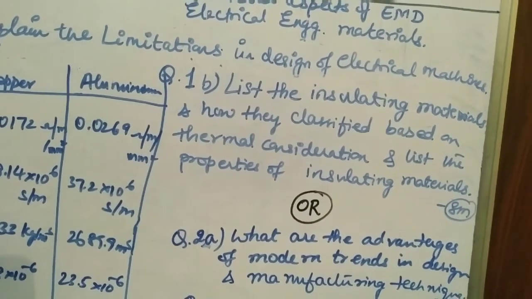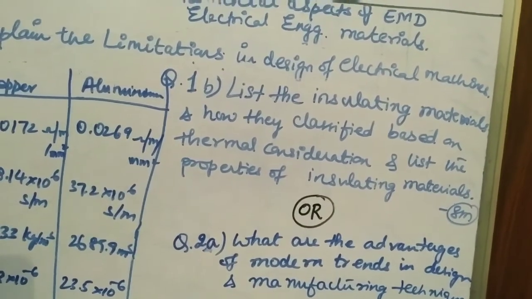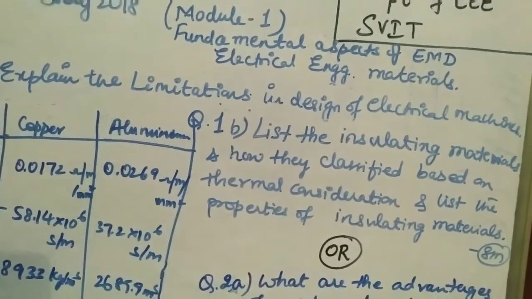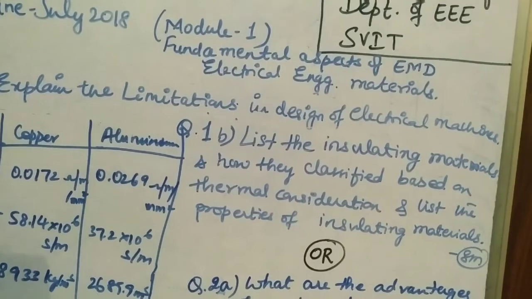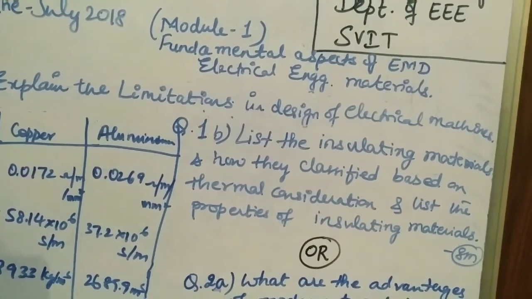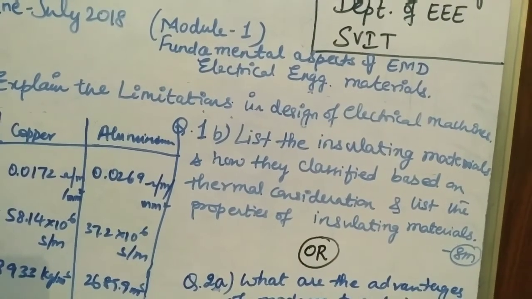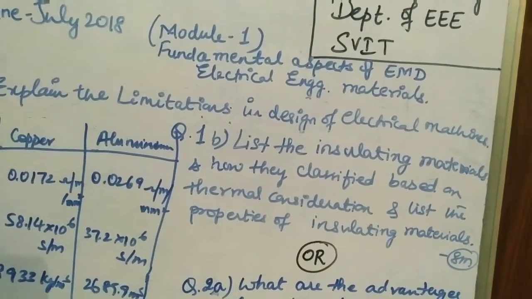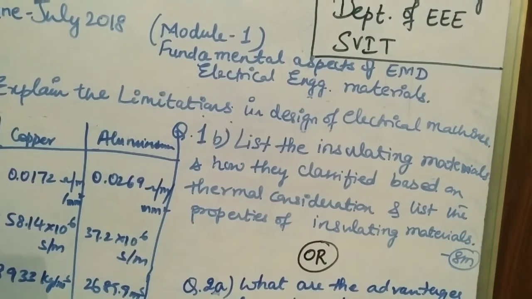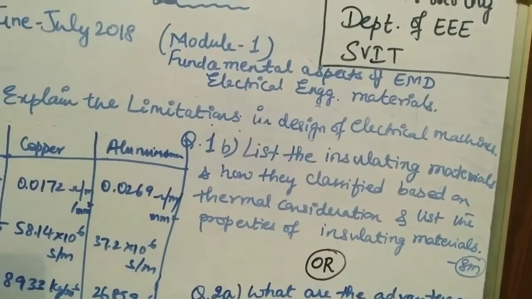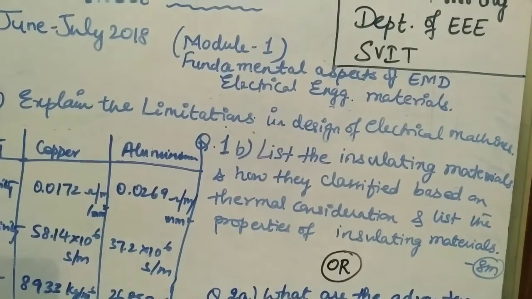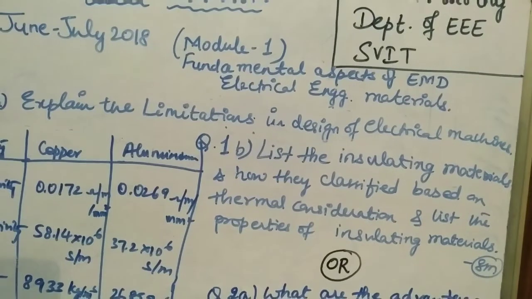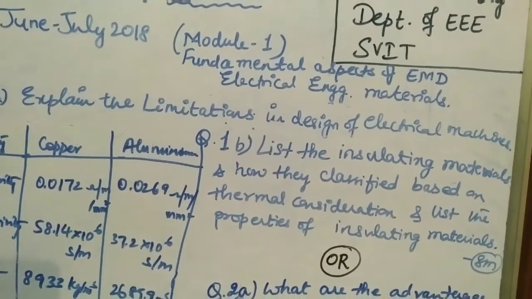And the 2A question was, what are the desirable properties of an insulating material? This question itself they have repeated as 2A, that is, desirable properties of insulating material used in electrical machines, and give the classification of insulating material based on thermal considerations and give examples for each material. As I told you, practice 4 examples for each class type. Okay, so that definitely your answer will hold good for any kind of twisted question.